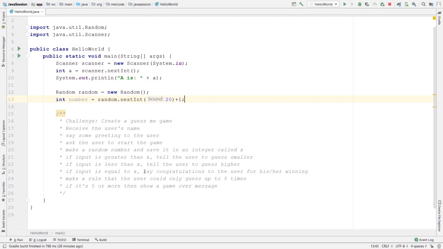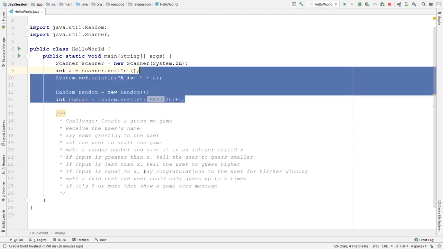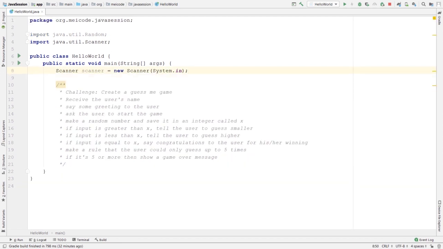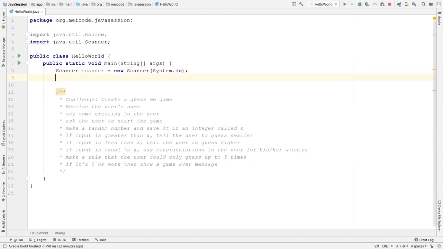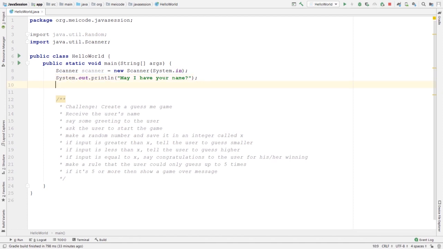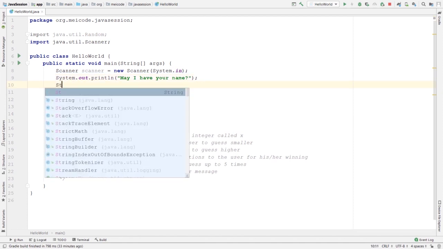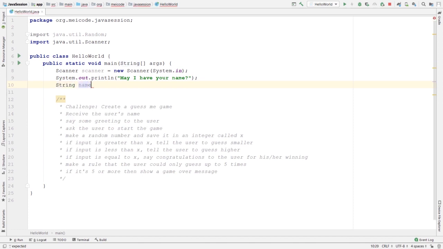Okay, let's quickly create our little game, but before that I'm going to clear the code that I don't need. First of all, I'm going to ask for the user's name, so let's print something. Let's say, may I have your name? The way that you can get the user's name is by saying the string name is equal to